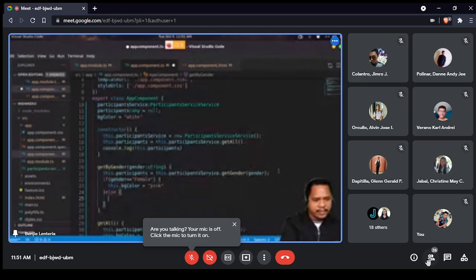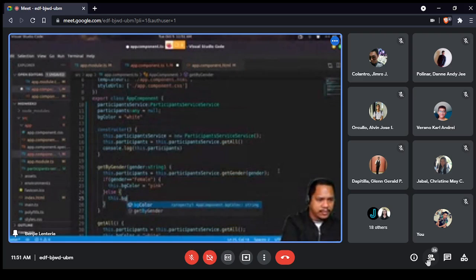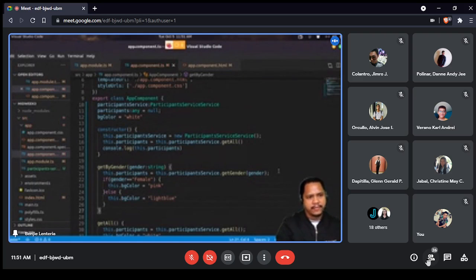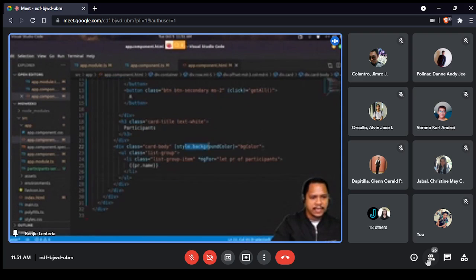Otherwise, else, this.bgColor is equal to light blue. There you go. So this is the property that is bound to the style background